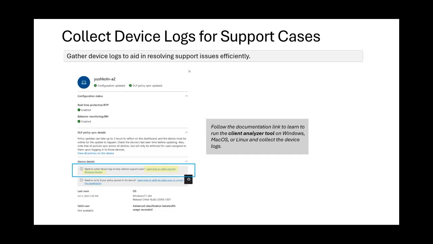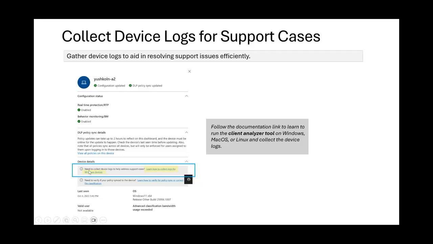If you have a device and you have already configured the configuration settings, so as you can see, it says enabled, and you've already configured both RTP and BM, and you still notice after waiting 2 hours for the portal to update that one of your policies for some reason hasn't reached your device, or that the device is not updating the configuration status after enabling both attributes, then you can go to this first banner